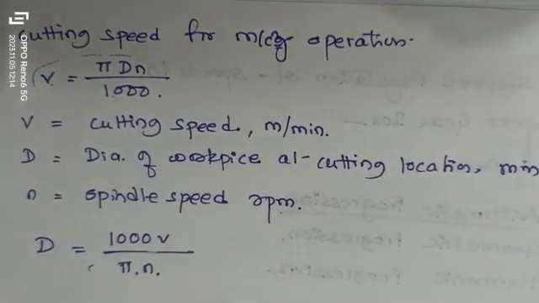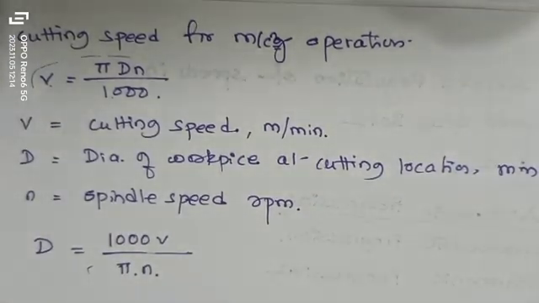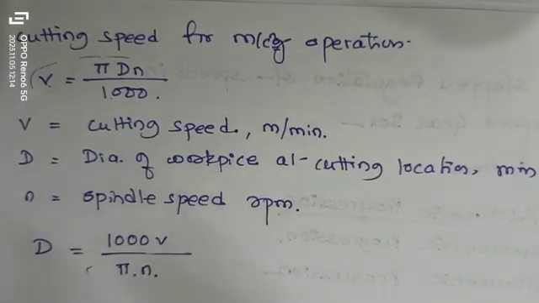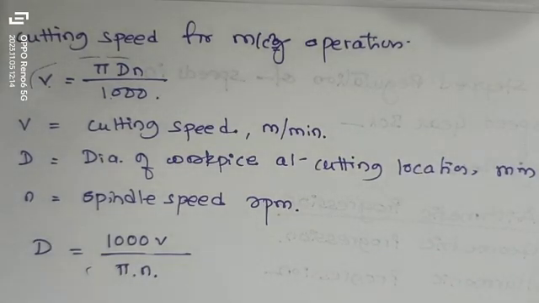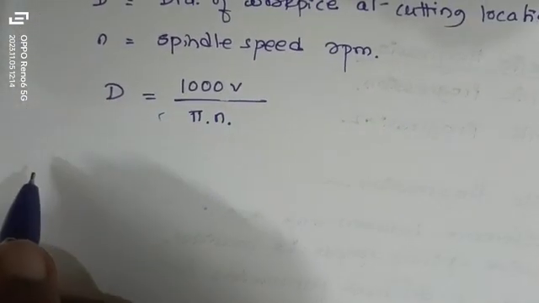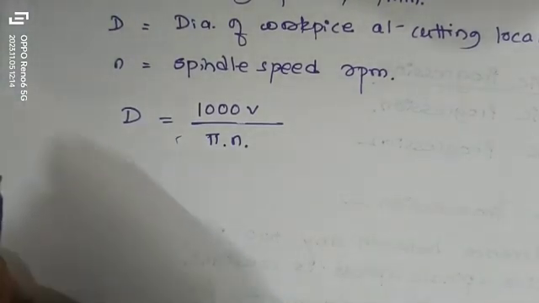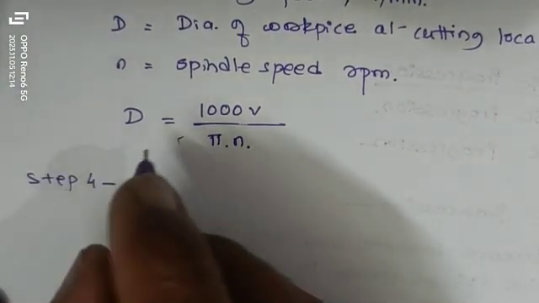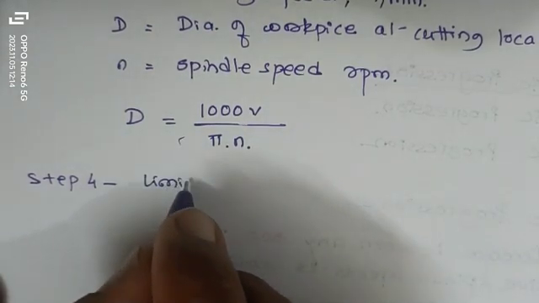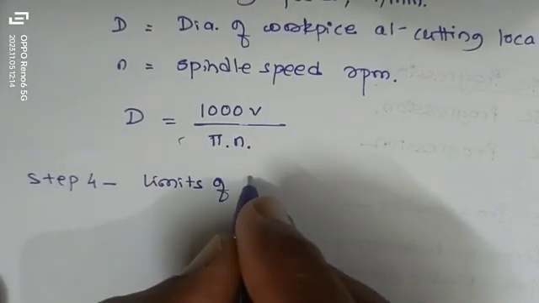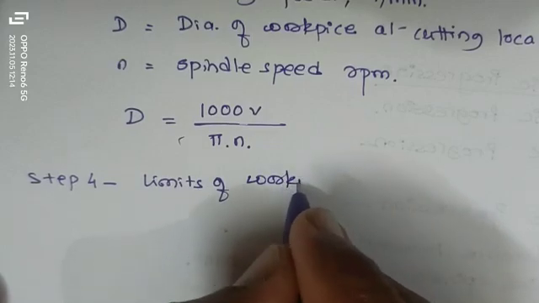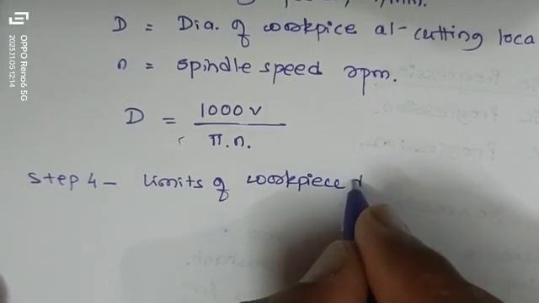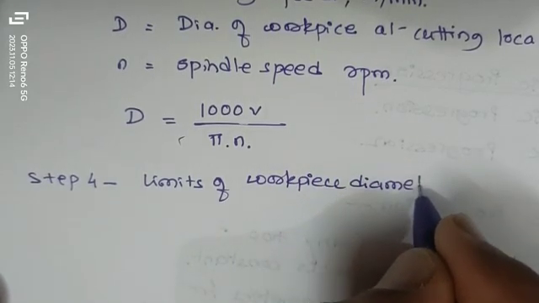This is cutting speed of machine operations. Now there should be a limit of workpiece diameter, so that also we need to consider here in the arithmetic progression. In step 4, limits of workpiece diameter,